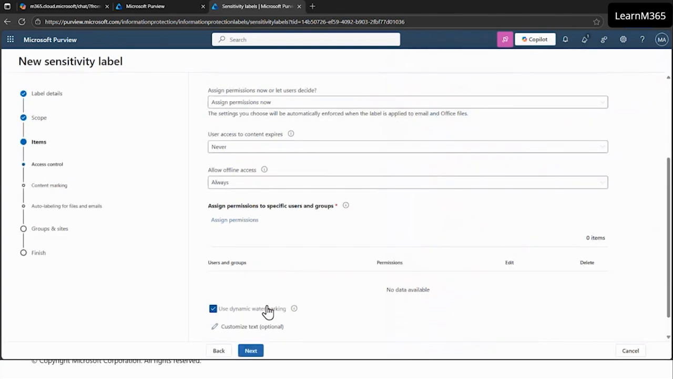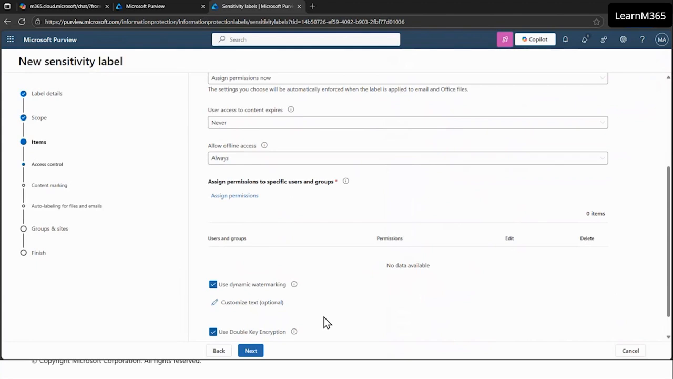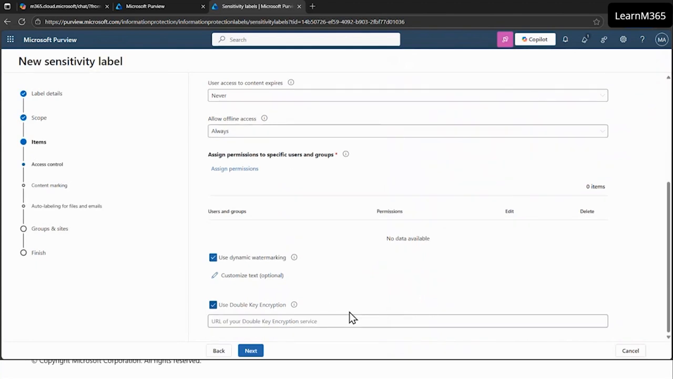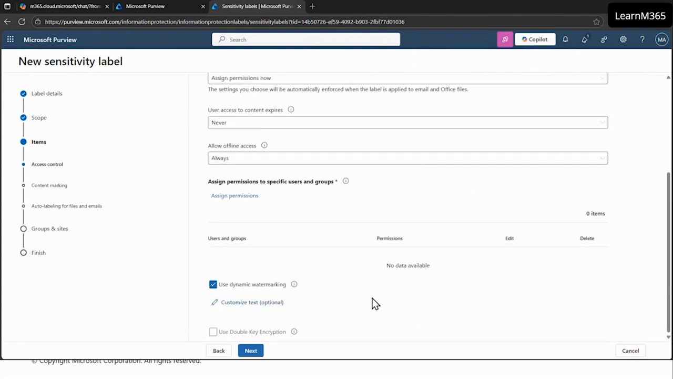And then we have use dynamic watermarking, use DKE, double key encryption. Okay. Next,